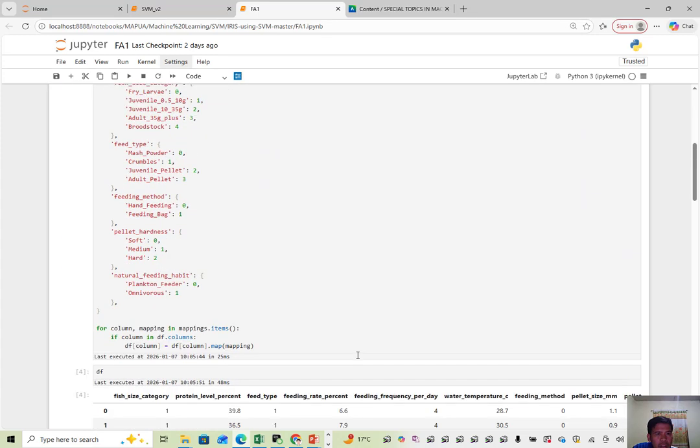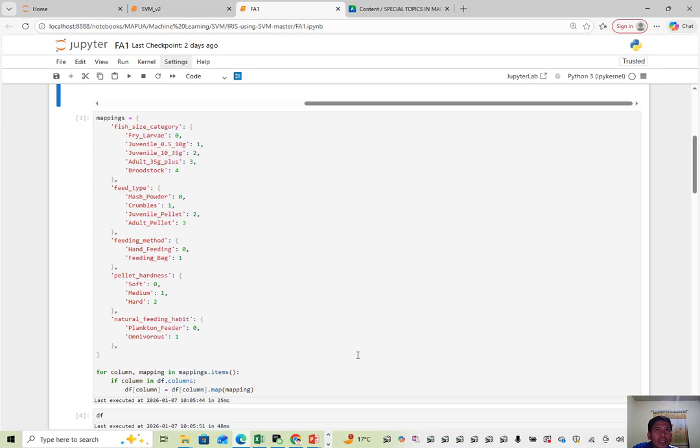And for the next part, I map categorical values or features to numbers. To prepare our dataset for SBM modeling, we must convert all categorical text features into numeric codes because support vector machines are fundamentally mathematical algorithms that operate in vector spaces.